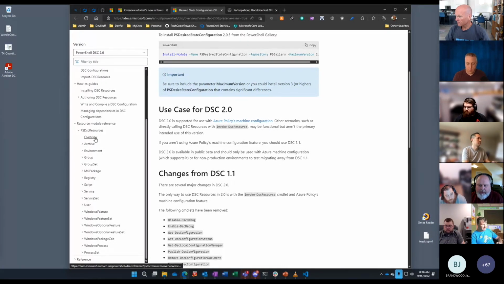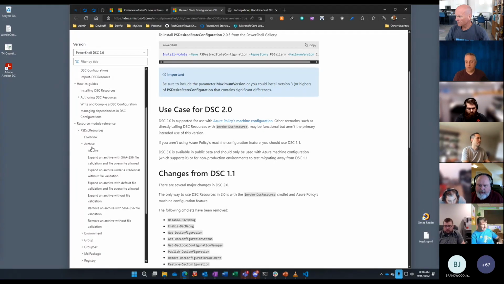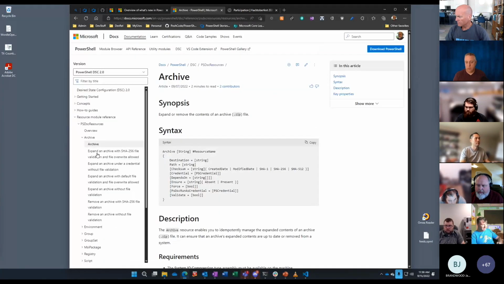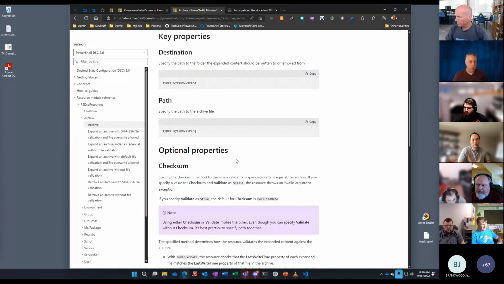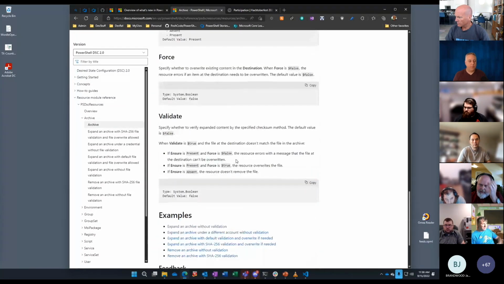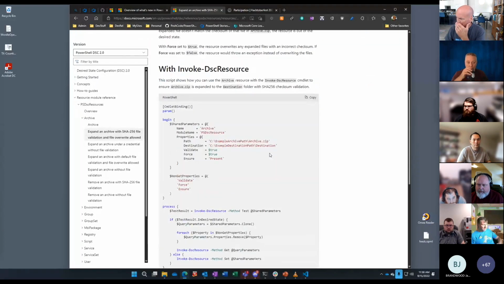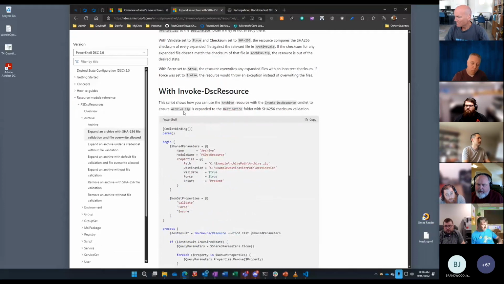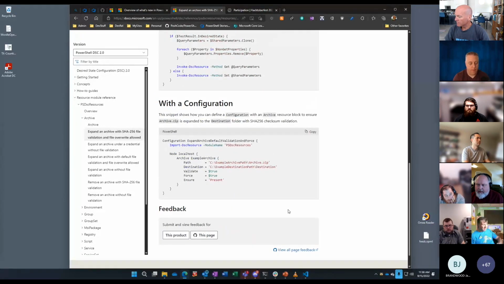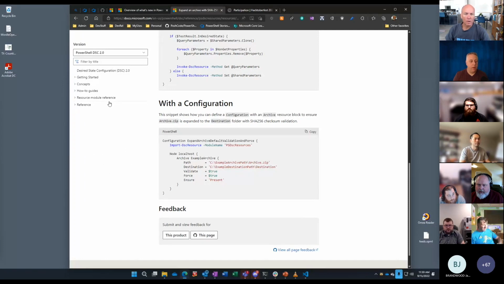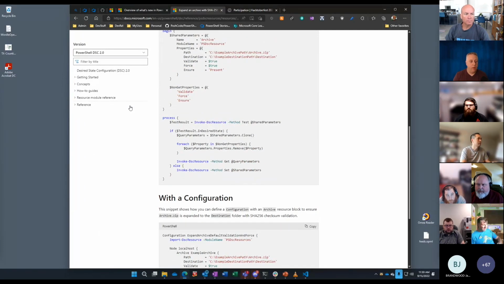Previously, this information was only available in the GitHub repo, and now it's available here in a nicely formatted, standardized layout, including example usage for both using the resources with invoke DSC resource and as a configuration. So lots of great work here, more to come. So stay tuned there.